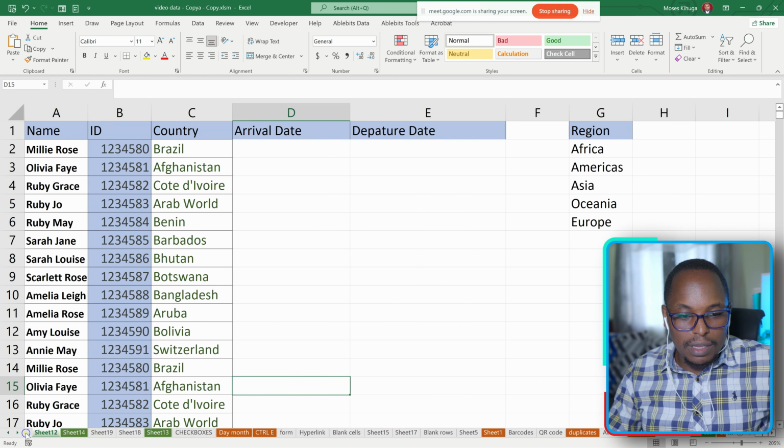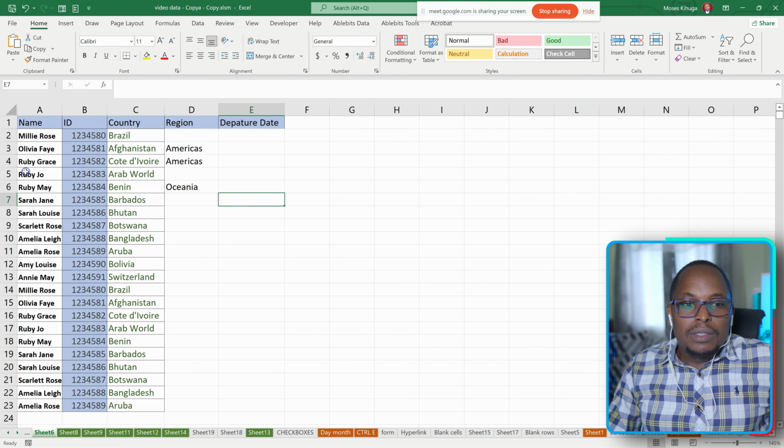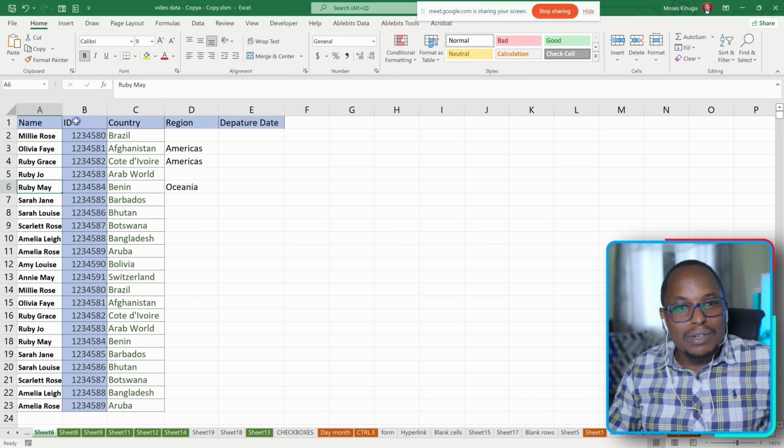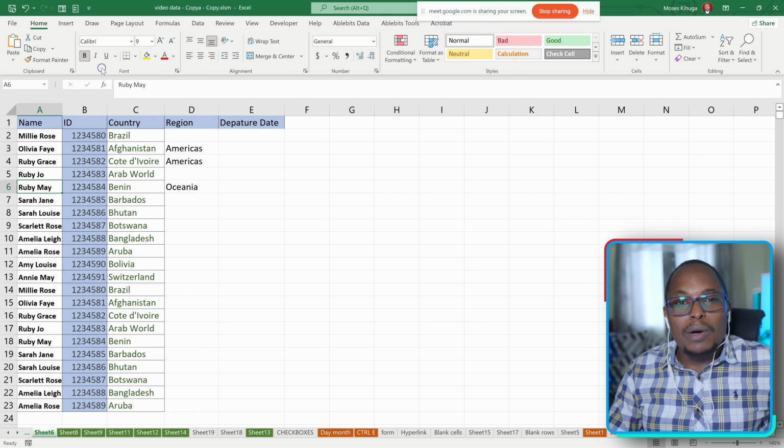Let me see if I can have something that's not overcrowded, like this one. So you can see we have some cells which are bold, some which are not. You can just use this palette here to make those changes, although we have shortcuts for them. You hover your mouse, but I forgot to tell you, if you want to know some more information about something, you remember when we were talking about accessibility,